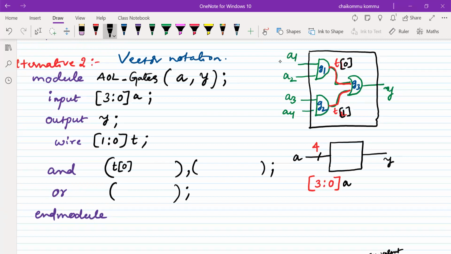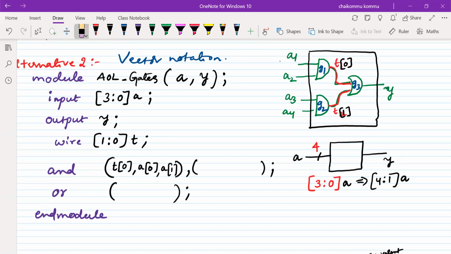Sir, why are you writing like this? I want to write it 4 down to 1 of A. Yes, it is possible, where we mention that 4 lines are there. The numbers you use are up to you. But the usual practice in digital electronics is to start with 0 up to some number. That's the reason, and also the reason I'm not writing T1 and T2, instead T of 0, T of 1. Next, what is the first line? A of 0, A of 1.